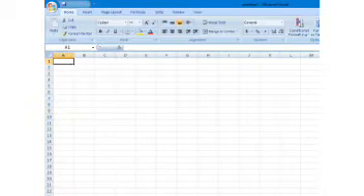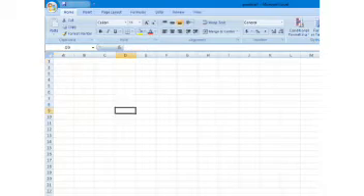Now next is saving a workbook. How can we save any workbook? We can enter the data in different worksheets of a workbook. As I already told you in the previous video, we have 3 default sheets in every workbook. I am working in sheet number 1, and I want only one sheet to be saved in my laptop.